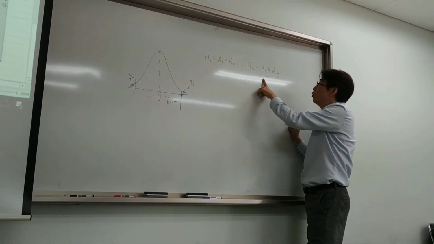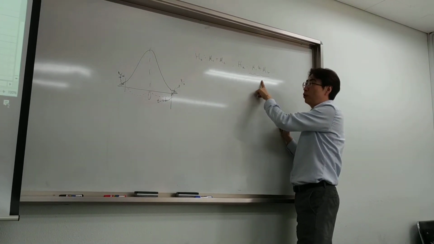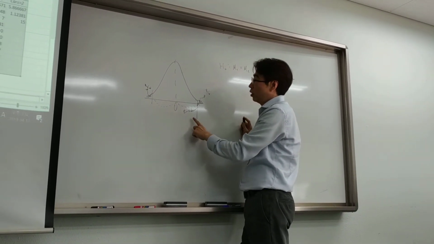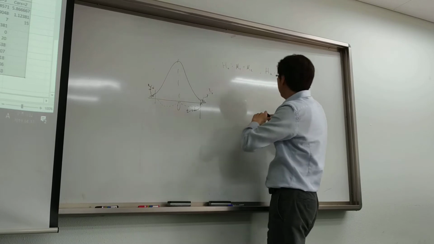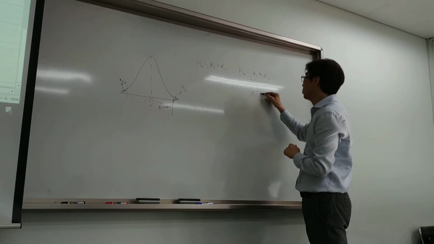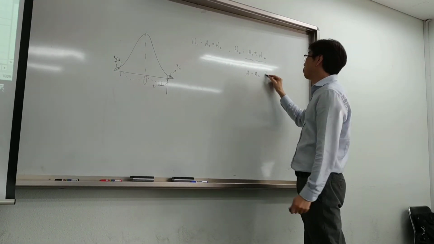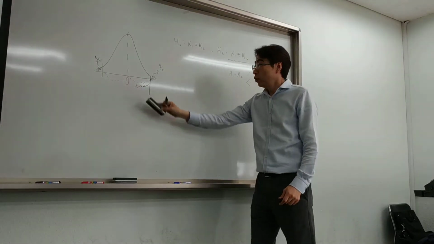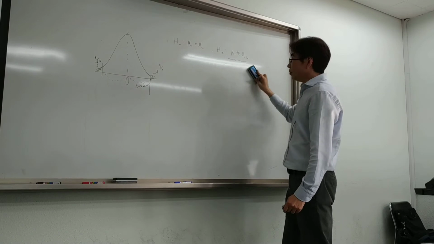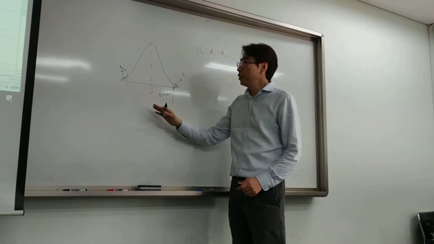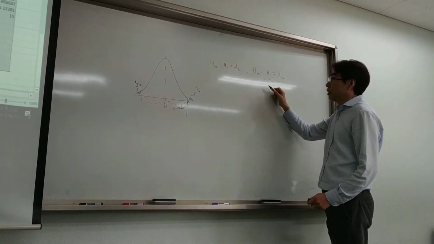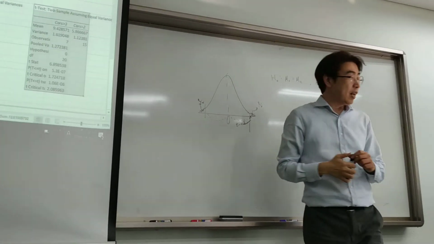The fact that mu1 is not the same as mu2 implies that mu1 minus mu2 may be positive or negative. So you should consider both sides, right? But in our case,